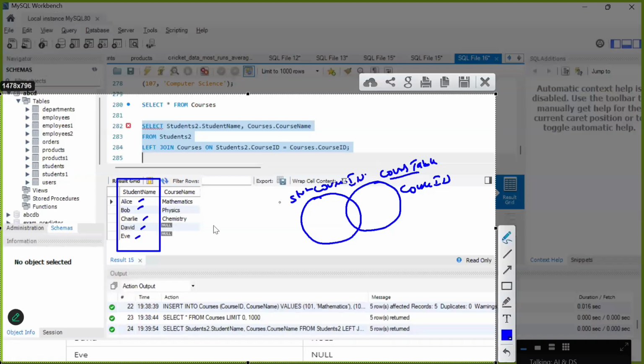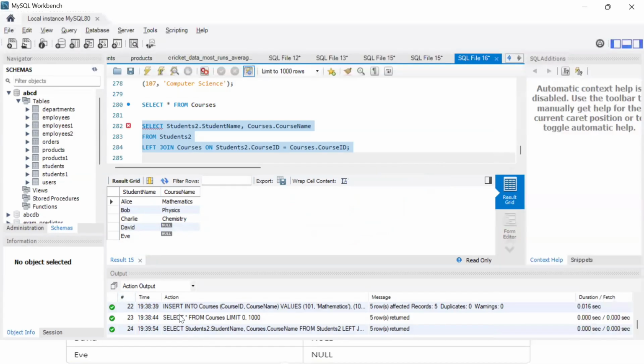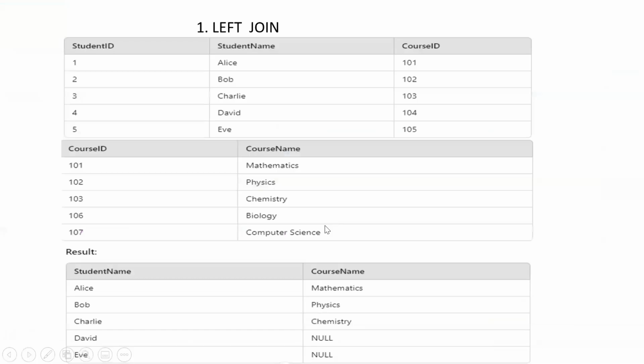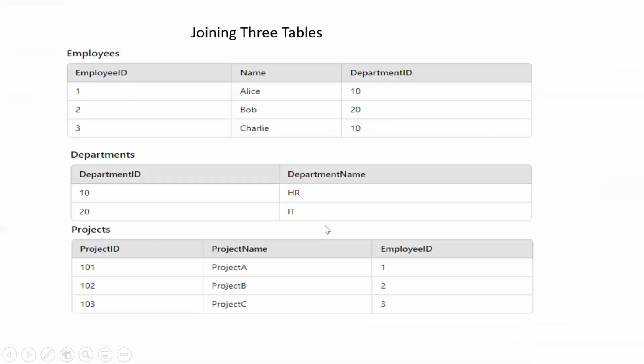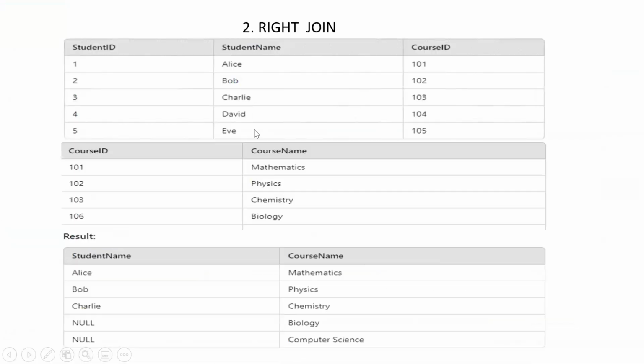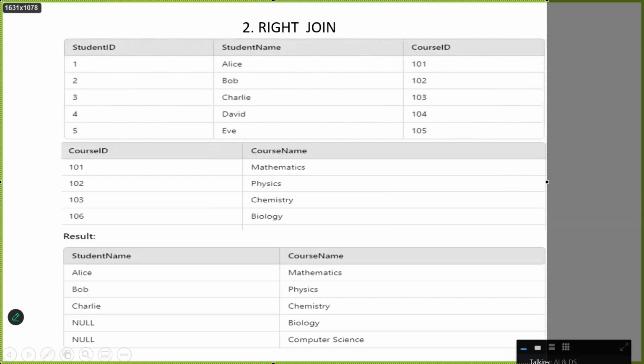So wherever the course ID is not there, the course name is not there, it is saying null. Okay, so it is taking all the names of the students, and whatever course names do not exist, it is giving null values and for the rest, it is giving the values. Okay. So for example, if you do the right join, you come here, you do the right join. Okay, so when you do the right join,